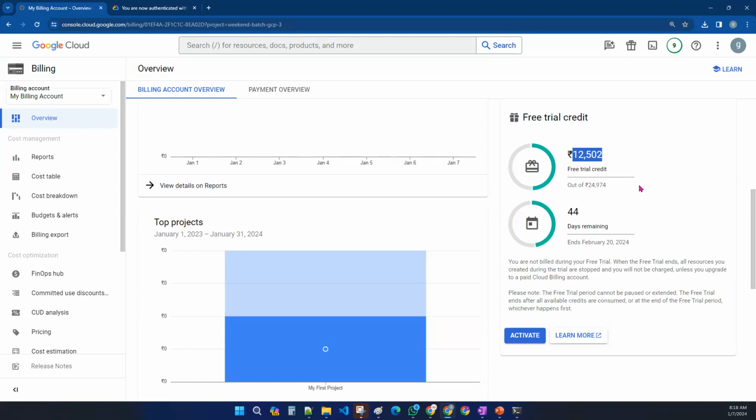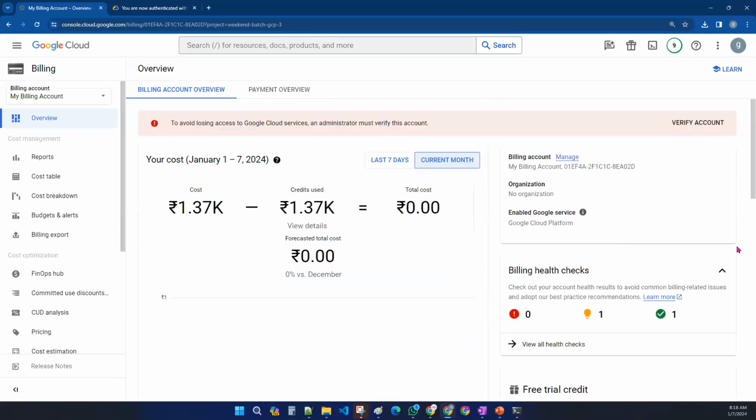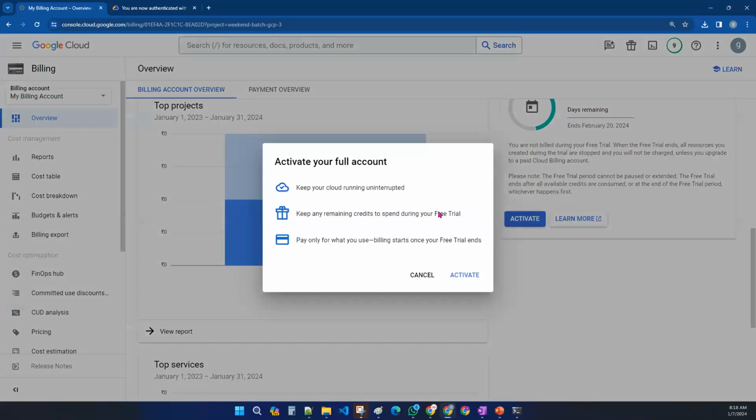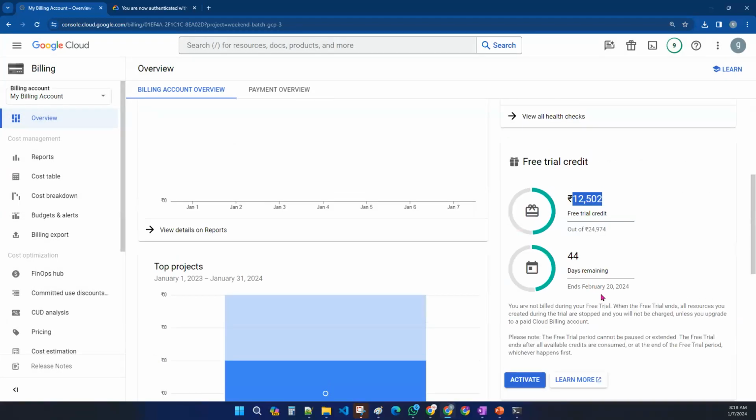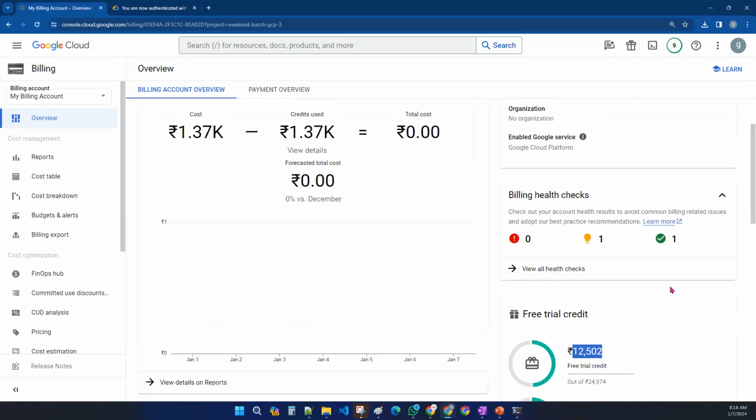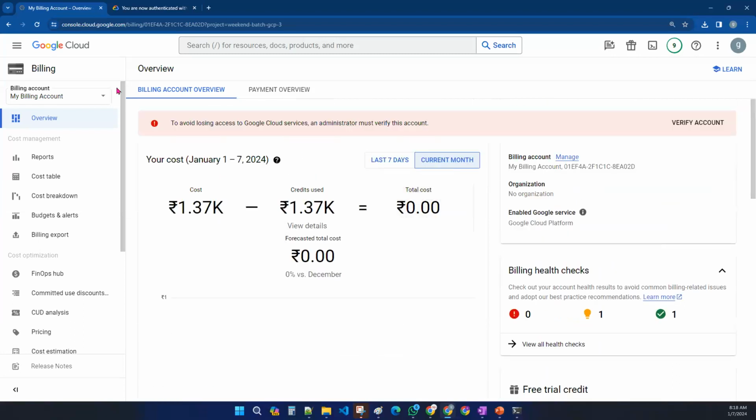Okay, so this is how you will see that you have activated your account. And don't ever click on this activate button. That activity is nothing but upgrading your account. Don't click on this button. We need to just activate the free trial, not upgrade your account. Okay, once this is completed,